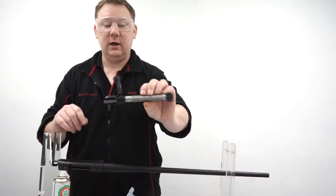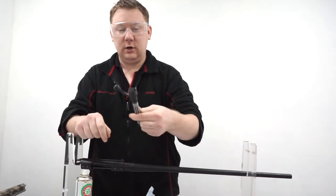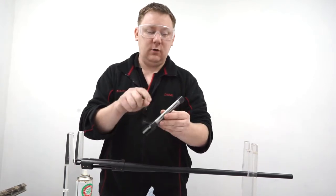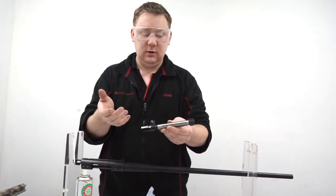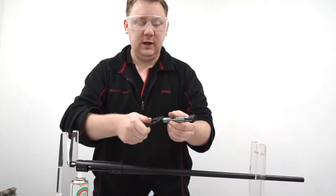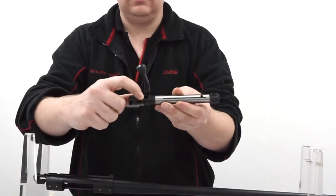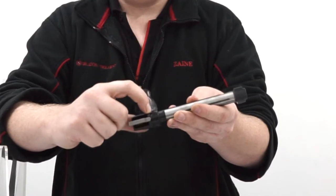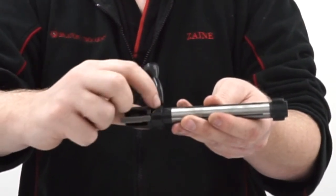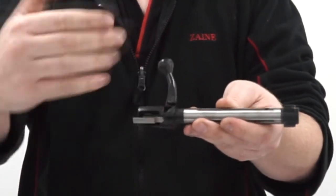So this is the bolt out of the gun. You've lifted the bolt handle and taken it out. The bolt is now in a cocked position. In order to take the firing pin mechanism out of this to clean it, it's actually quite easy. If you imagine you're putting the bolt handle down, that silver cocking piece would come down into this little reduced part in there, the cocking length. It would go down into there when it was fired, and allow the firing pin to